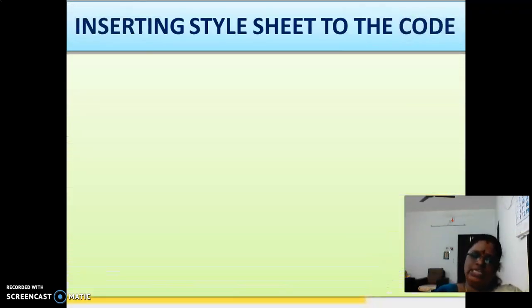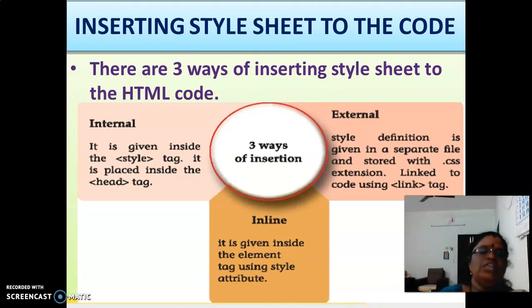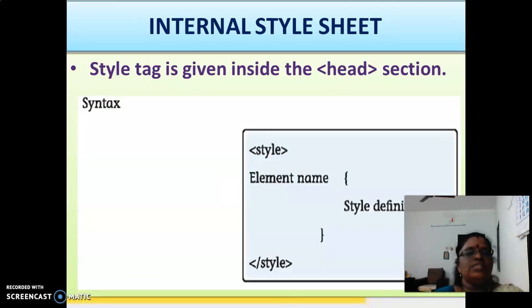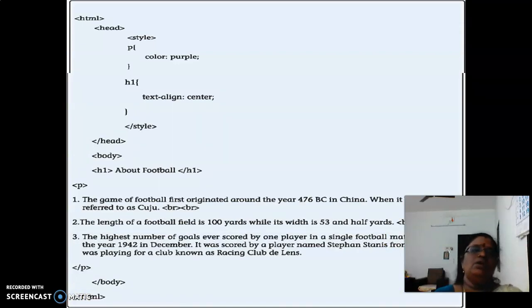The next one is inserting style sheets. We have 3 ways of inserting a style sheet: internal style sheet, inline style sheet, and external style sheet. For the internal style sheet, inside the style we have the element name, and it is placed in the head of the program. Inside the head tag, the style tag is inserted.